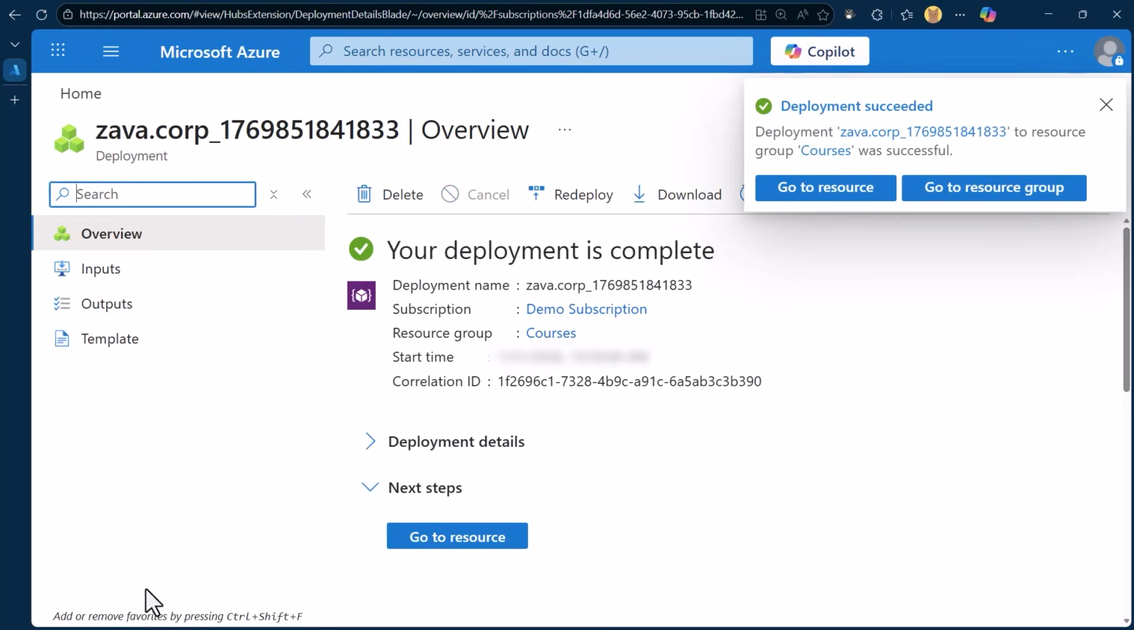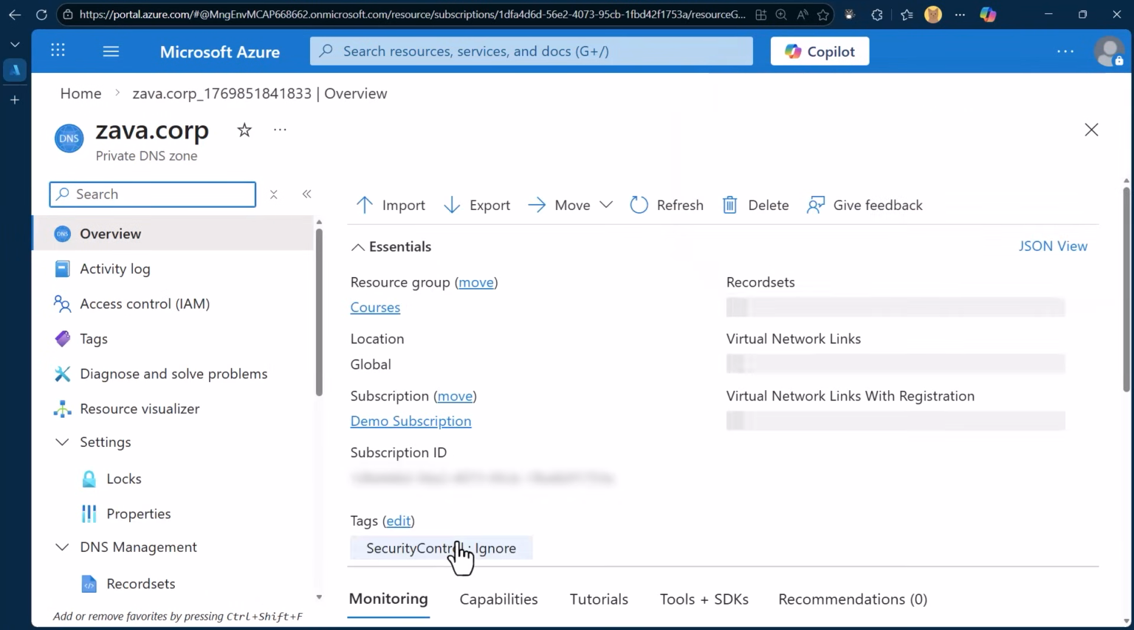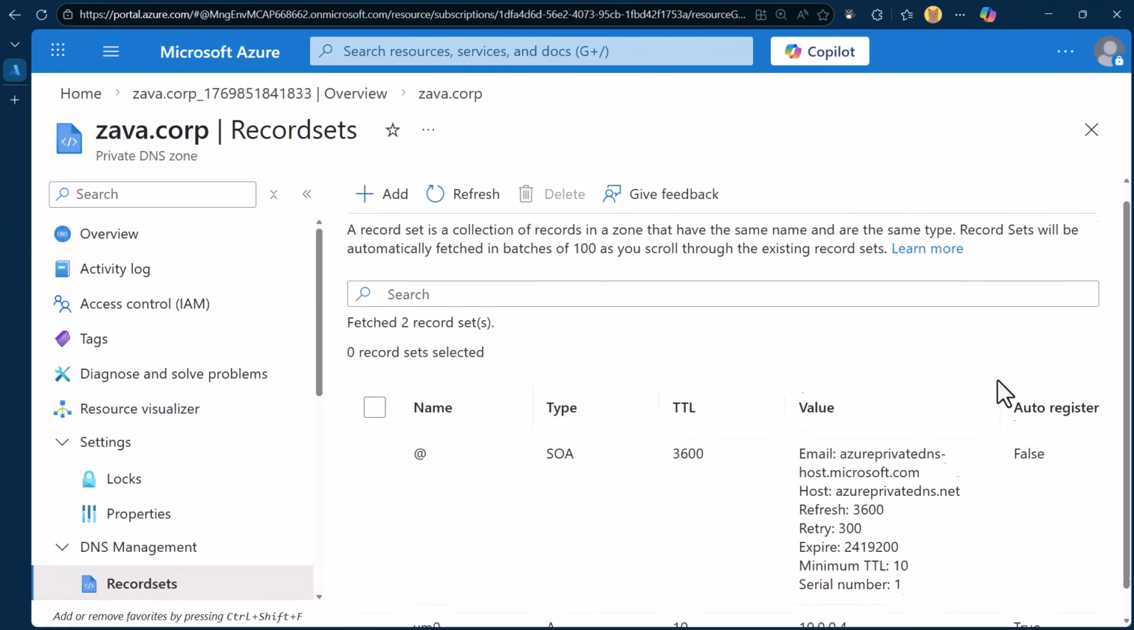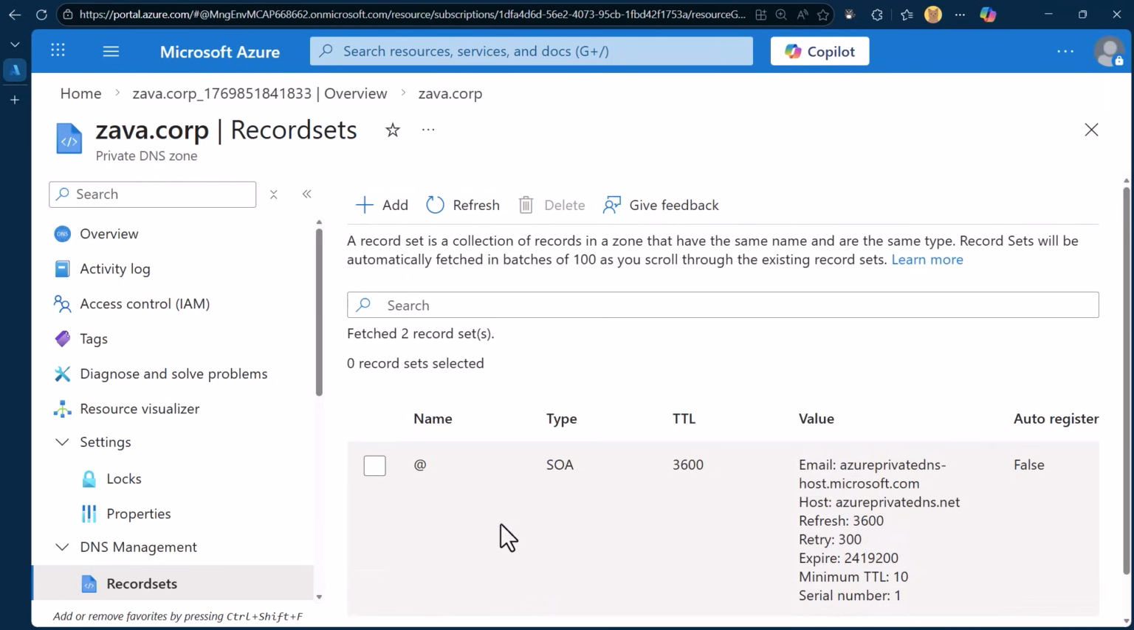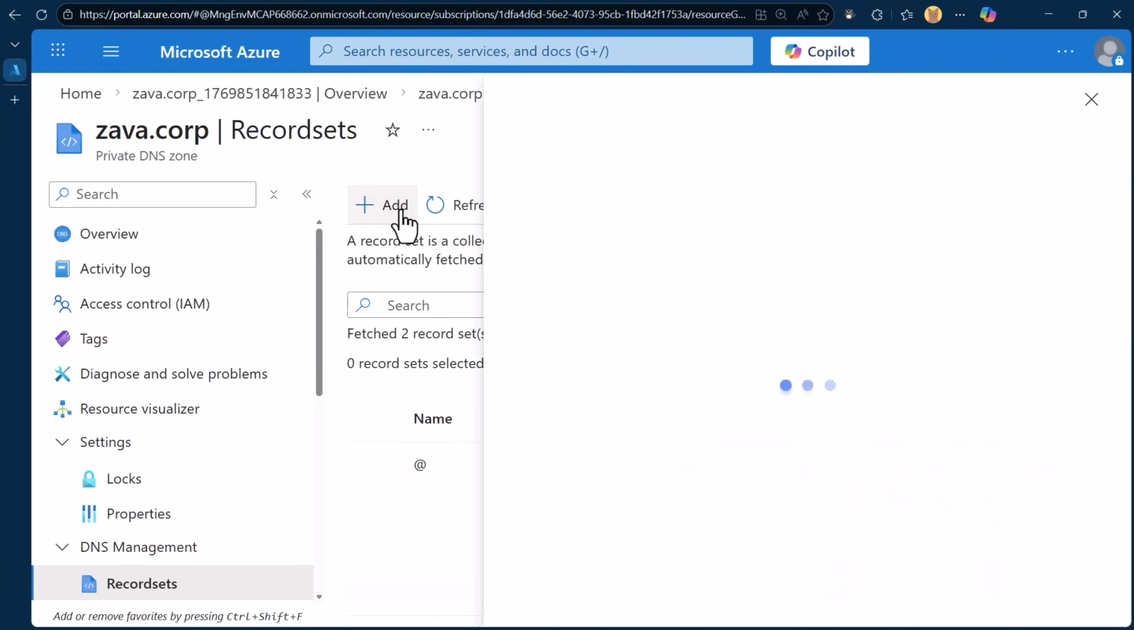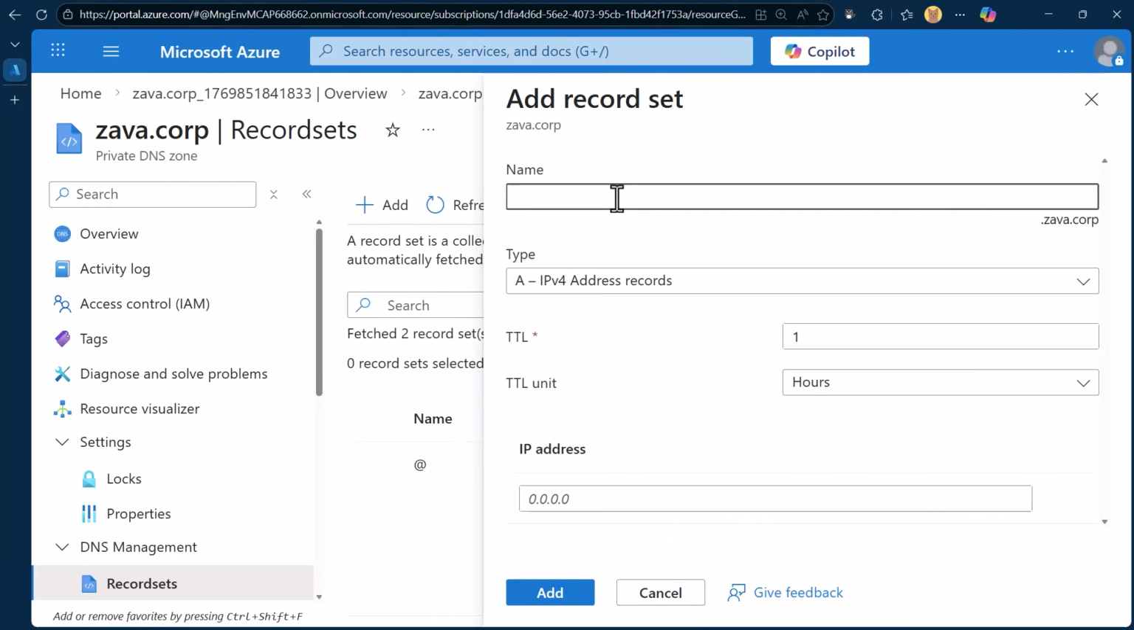After the zone has been created, let's go to the resource. Take a look at the different configurations here. As you can see, there are no name servers allocated here because this is not a public but a private DNS zone. And the record sets now will include my virtual machine 0, the one that we were playing around with before. And what I can do, just like before, is create a www,